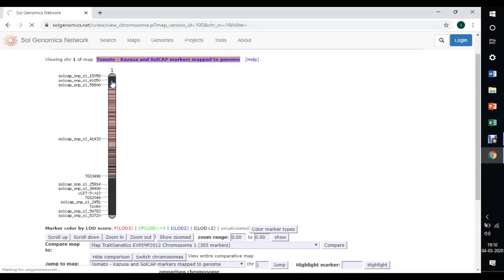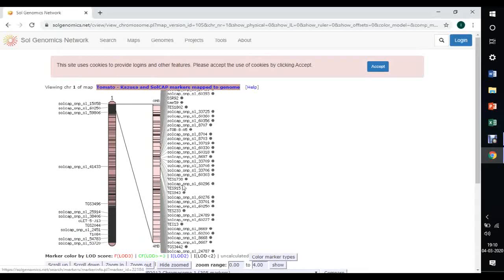It will show the expanded image of that region up to 4 megabases. You will find a lot of markers in that 4 MB region, so that you can click and choose which marker detail you want.